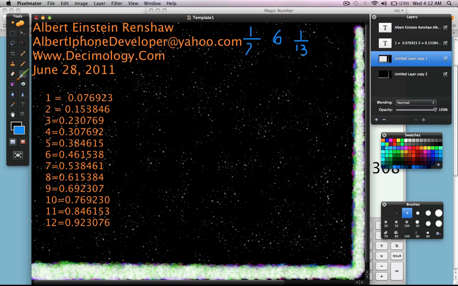1/13. And it looks like it has 6. There's 6 digits that repeat, but there's actually 2 different sets of these 6 digits that repeat. So there's 12. 6 plus 6 is 12, right? So